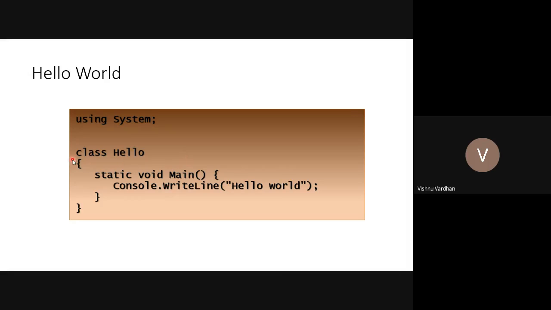So most of the terms, like what is a class, hello is a class name, static, what is the meaning of static, most of you already know. Void, what it does. Main, this is the main method, and the starting of the braces for this method, and some lines. You may not know this Console.WriteLine. Console is an object, and this is a method. So this much of the part you have to concentrate on. Other than this, everything you already know. These are packages, but in the .NET framework they are called namespaces. So the C# language looks in this way.